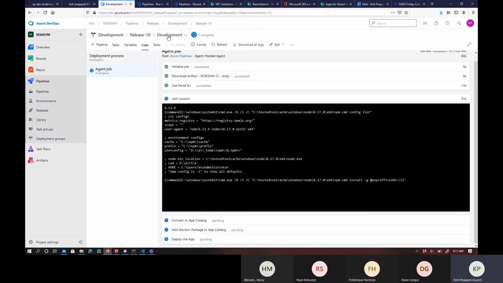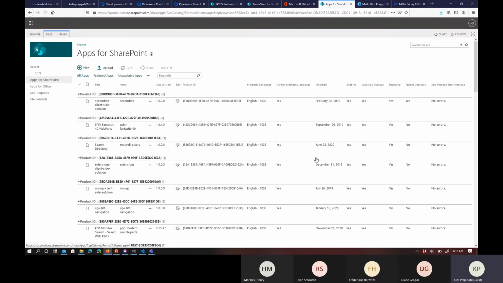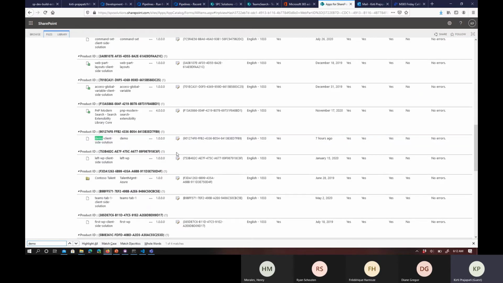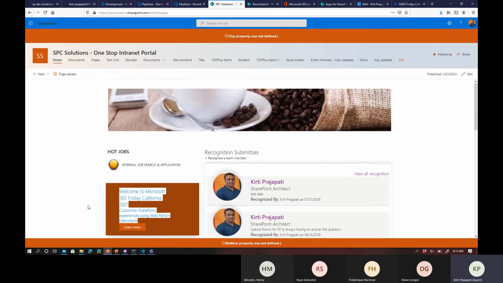Once this process is done, you can see this demo client-side web part. Let me refresh it. You can see the latest client-side web part will be automatically available in the app catalog, and you can see the changes here because I have already added the web part on this portal. So you can see the updated text in this web part as well.